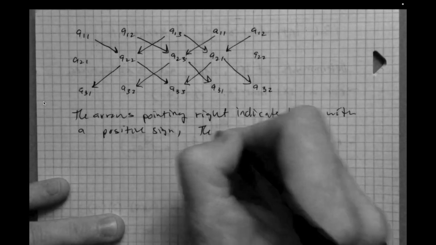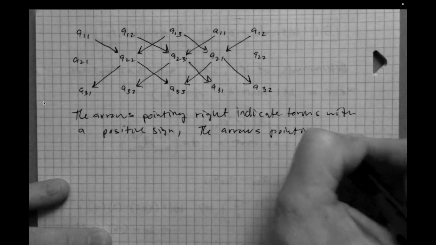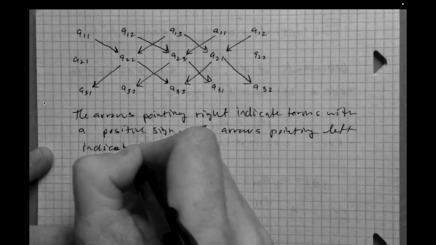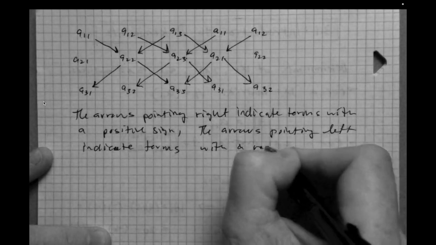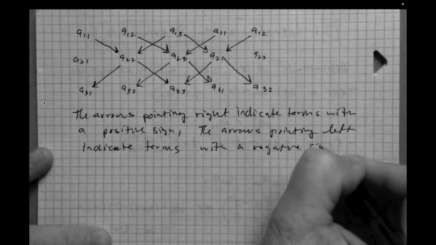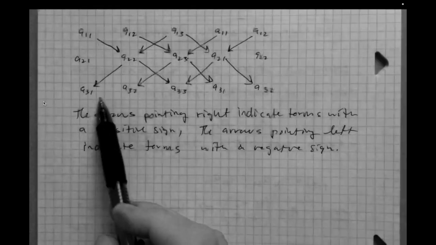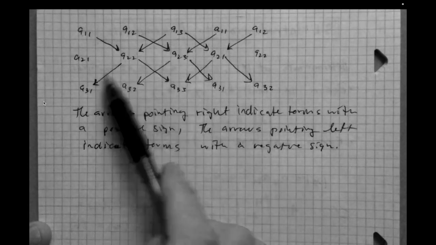Everything with the arrow to the left, those are the negative signs. The arrows pointing left indicate terms with a negative sign. This is a better way to remember it. It's easy to remember this layout. It's just the matrix itself and then the first two columns duplicated, and then it's just arrows drawn